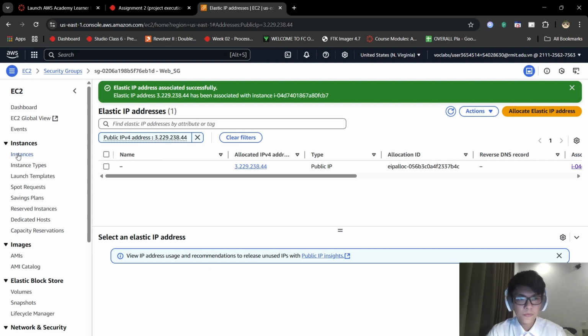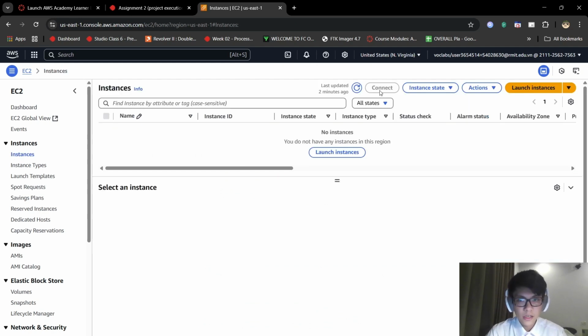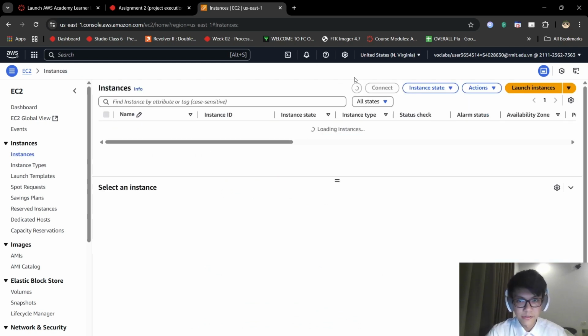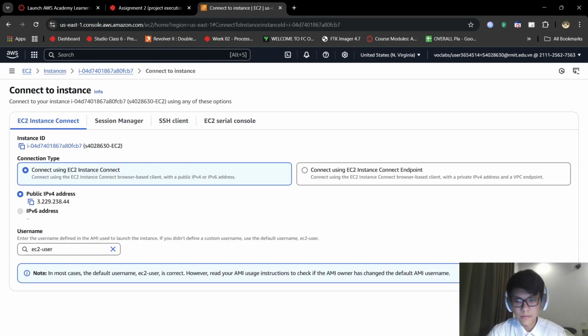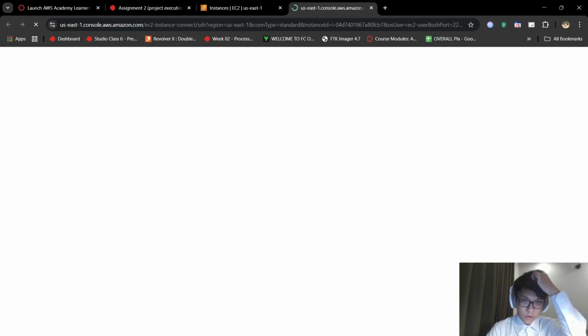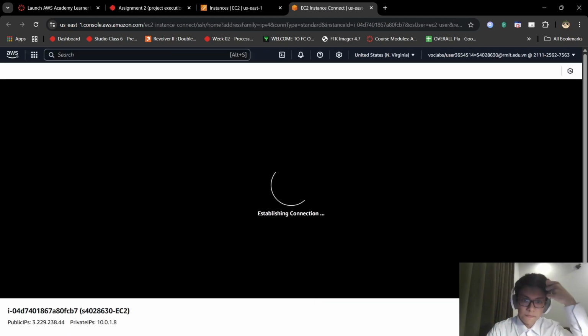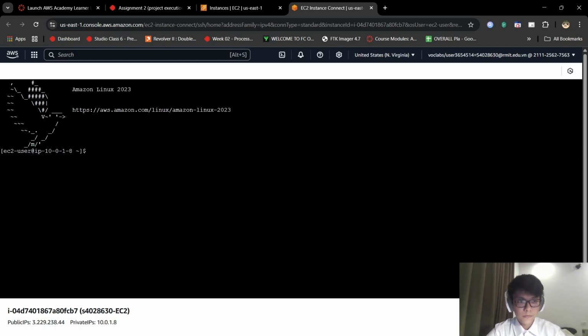So now what? Well, we move back to instance. Well, this doesn't have any instance because you need to reload it. Here, it showed up. Now we'll connect to this. Press connect. We'll wait a bit for the console to load up. So now,